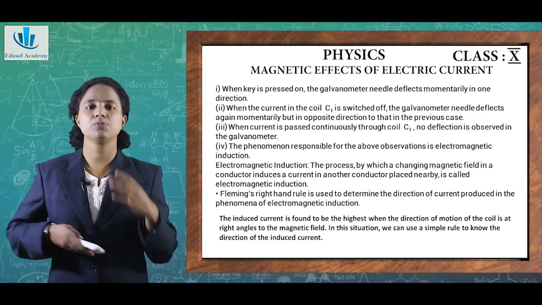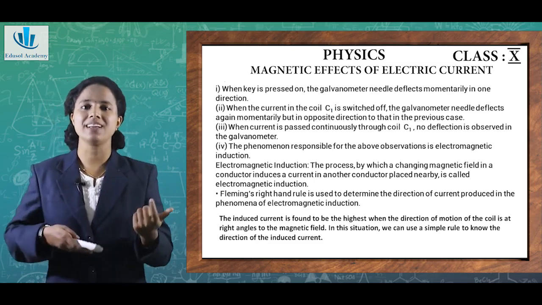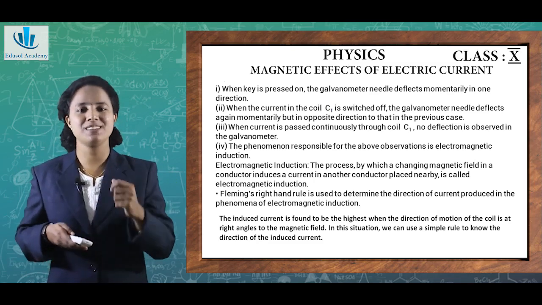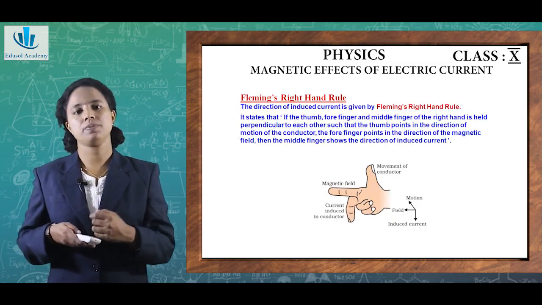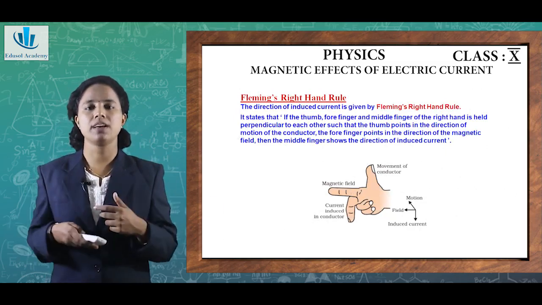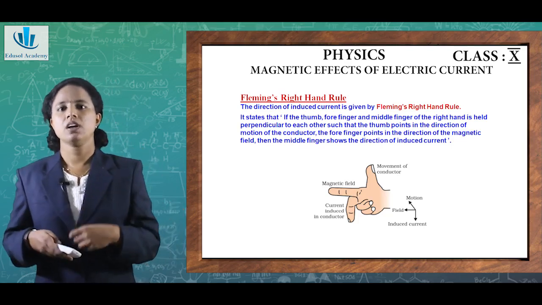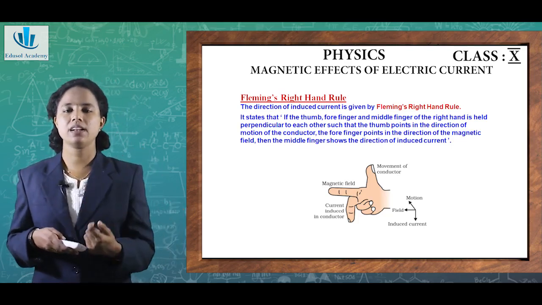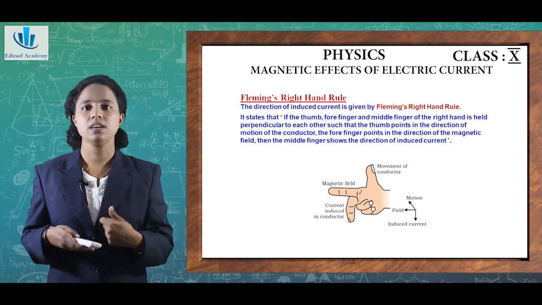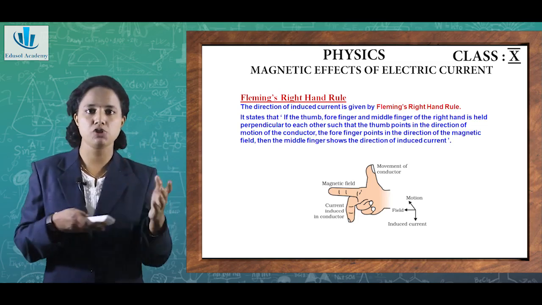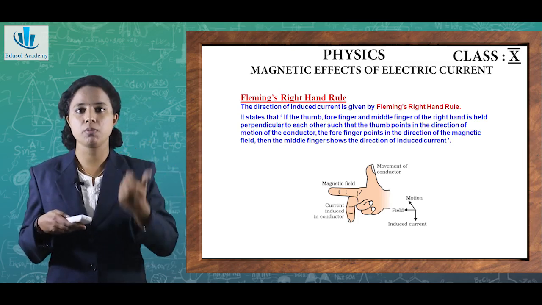So, the induced current is found to be highest when the direction of motion of the coil is at right angles to the magnetic field. In this situation, we can use a simple rule, that is Fleming's right hand rule. From Fleming's right hand rule, the direction of the induced current will be given by the rule. How does it state? It states that if the thumb, forefinger and the middle finger of the right hand are held in a perpendicular position to each other, then the thumb will point in the direction of the motion of